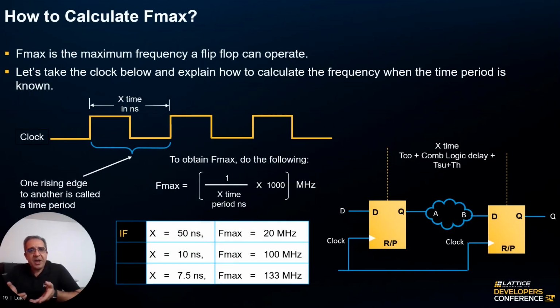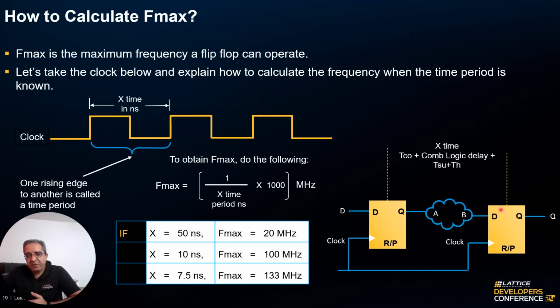So the question then is how fast we can run this design. Since we have this clock, how fast can we run this clock to have the maximum frequency? The frequency will depend on this delay. So we have flip-flop A, for instance, and B. We have logic between these 2 flip-flops, and this logic, in order to have the signal propagate through